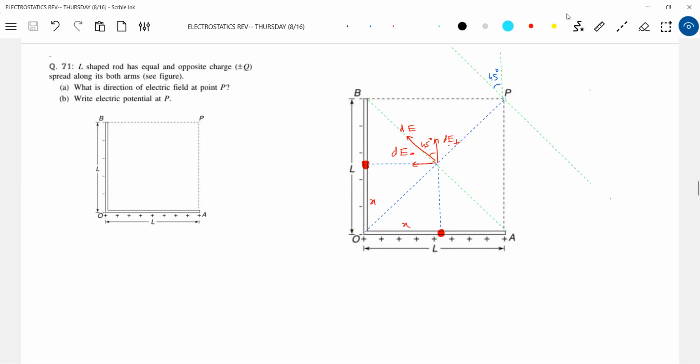See, that's what is here. So now for the field, there's a finite rod. It's not an infinite one. It's a finite rod, and you have to calculate the field strength at this particular point. So I'll take a small element here. Due to this element, you can calculate the field. Zero should not be there, no? At least I think zero should not be there.